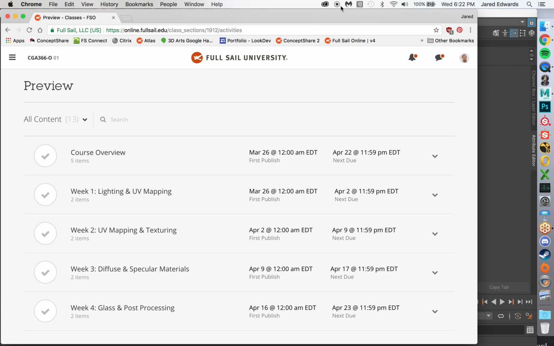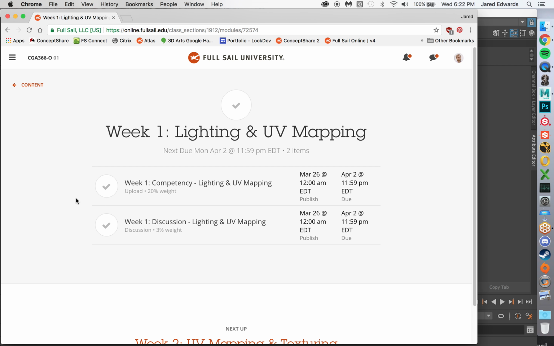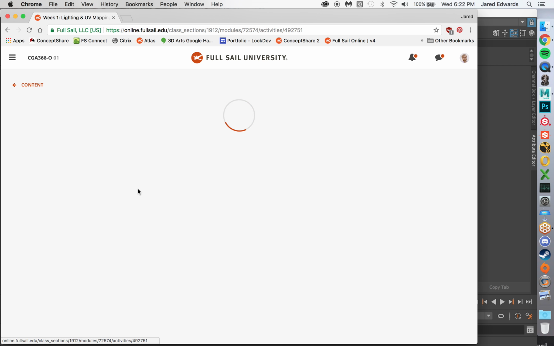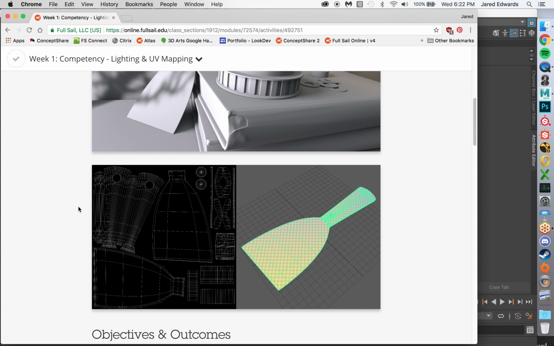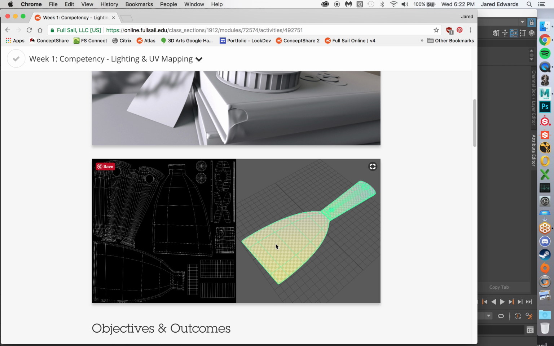Alrighty, so this is going to be the recording for the week one GoToMeeting, and what we're really going to be doing here is just looking over the project requirements. We'll dive into the documentation a little bit, and the main thing I want to do is give a light overview of RenderMan and get you comfortable with it, and then hopefully also have some time near the end to start diving into a little bit of the UV